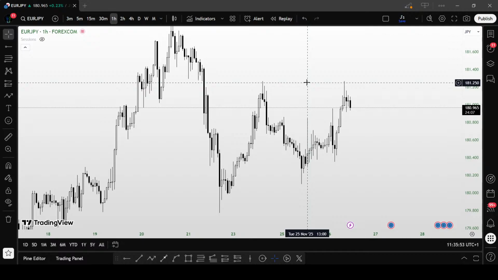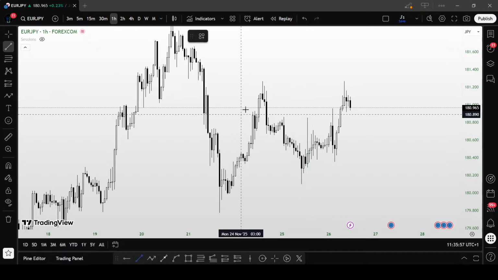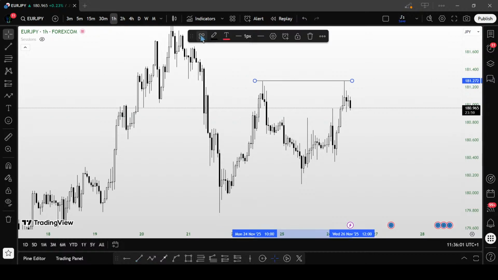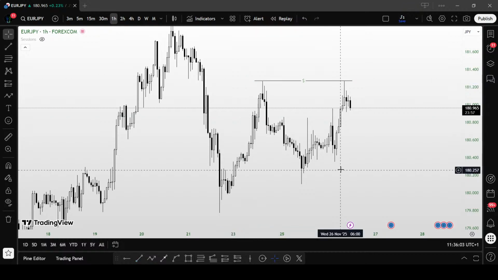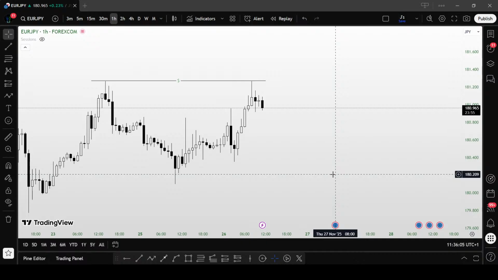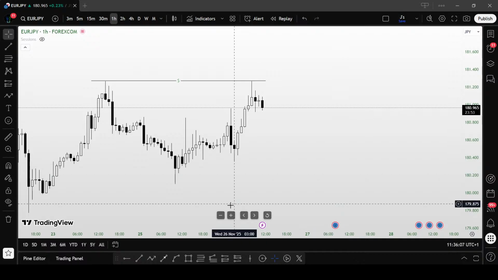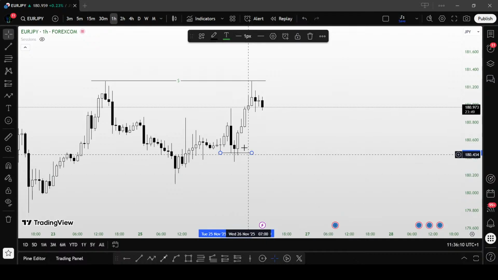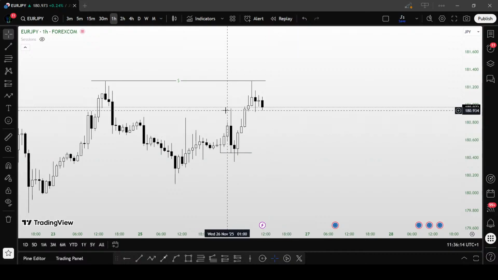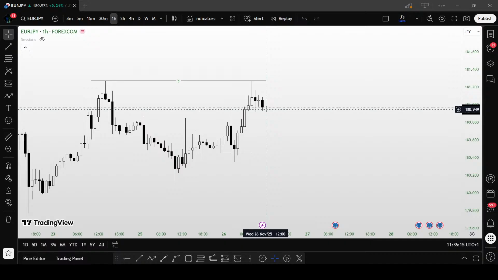We don't really have much there, but this here is definitely equal highs. This is a mad liquidity here, this stop here to take all the liquidity away. Currently we are retracing. So if you're retracing right now, this here is a sweep, followed by a break of structure. Let us wait for price to do its thing and come back and give us an entry.